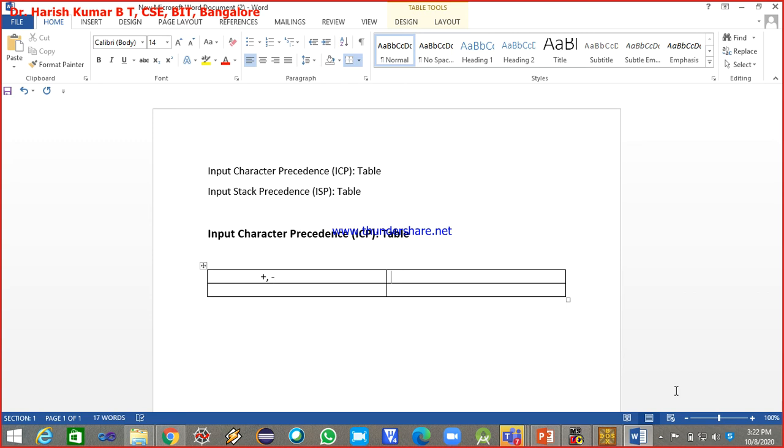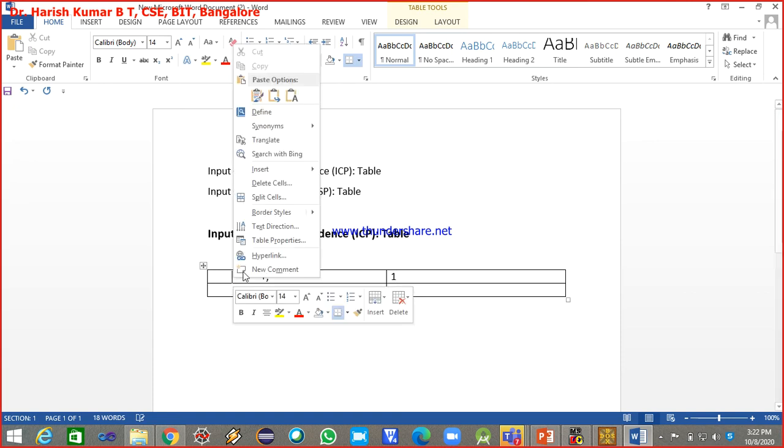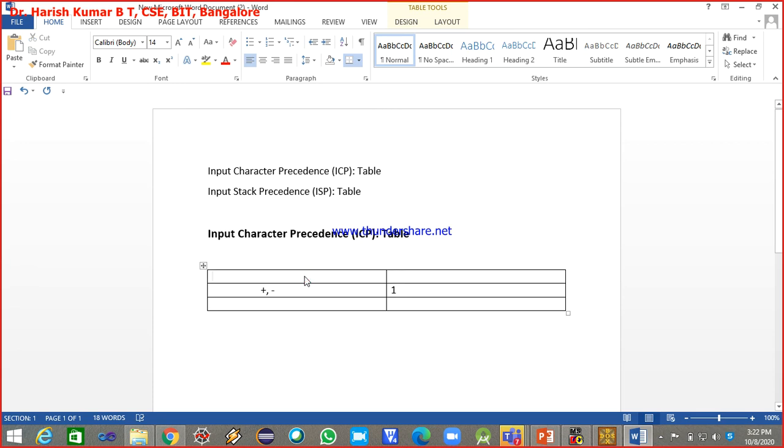I'll assign the precedence as 1. Let me add one more row above this. I'll write operator and operand in the first column, and precedence value in the second.